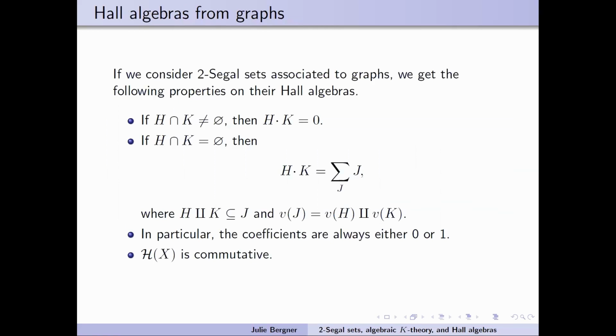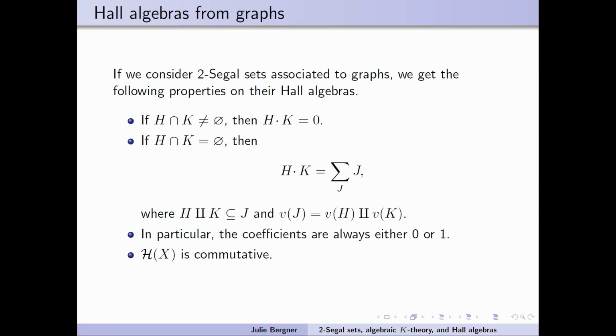Okay, so if you play around with this, you can get the following properties of their Hall algebras. If you have subgraphs H and K, and they're not disjoint, then their product in the Hall algebra is 0. Again, they can't be a D0 and a D2 if they're not disjoint from each other. So the multiplication has to be 0. If they are disjoint, then